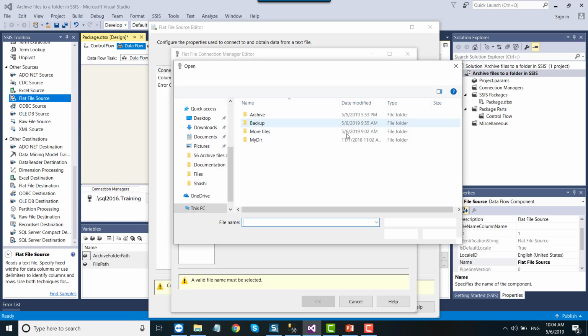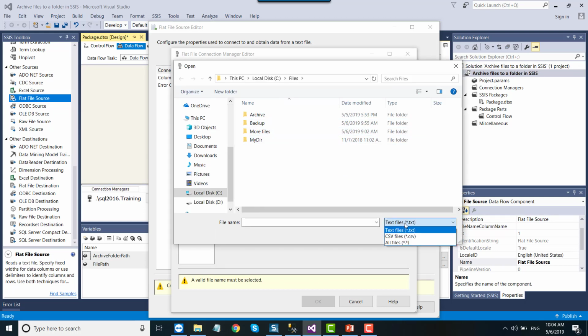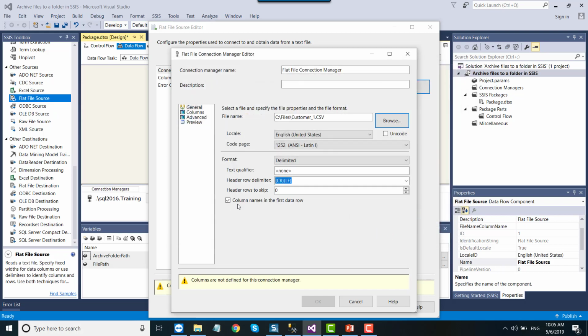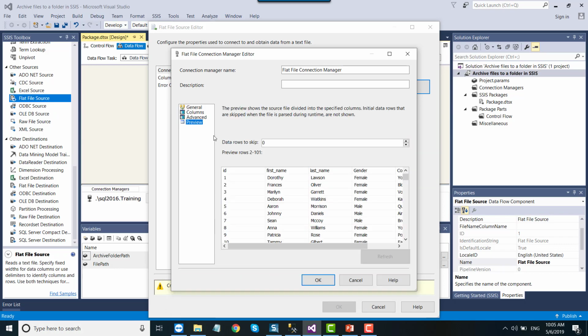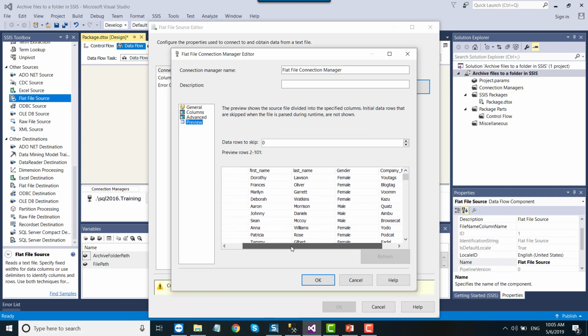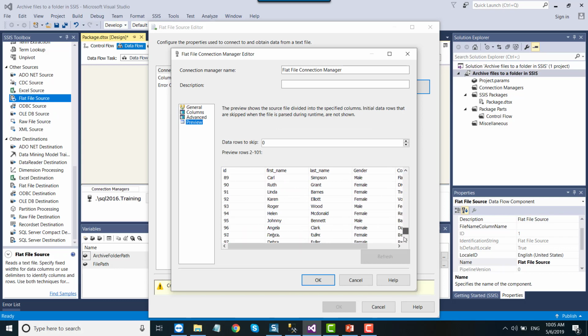Then browse the CSV file, change the file type from star.txt to CSV, select one of the available files, click open. Make sure that column names in the first data row is checked, because in the CSV file the first row has the column names, the header information, and under preview you can actually see the data that is coming from the CSV file.